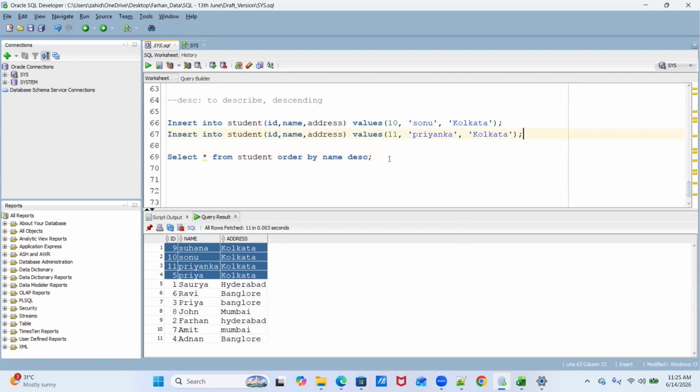Yes. So I hope these things are clear: order by name, ascending, descending, and then if there are similar types of names, how it behaves. Now there is another thing. Let's say you want to sort the records based on prioritizing a specific value.